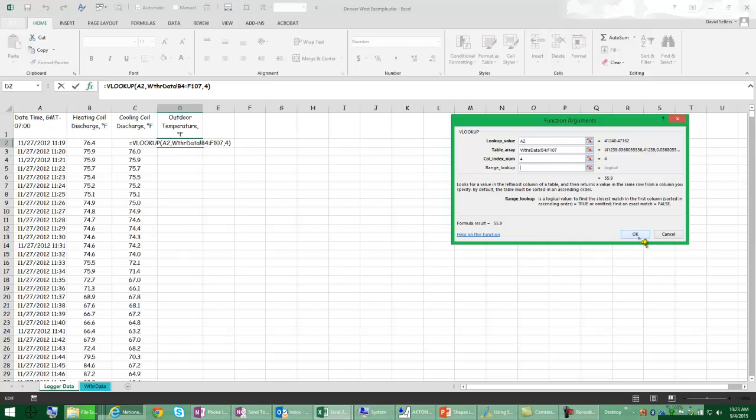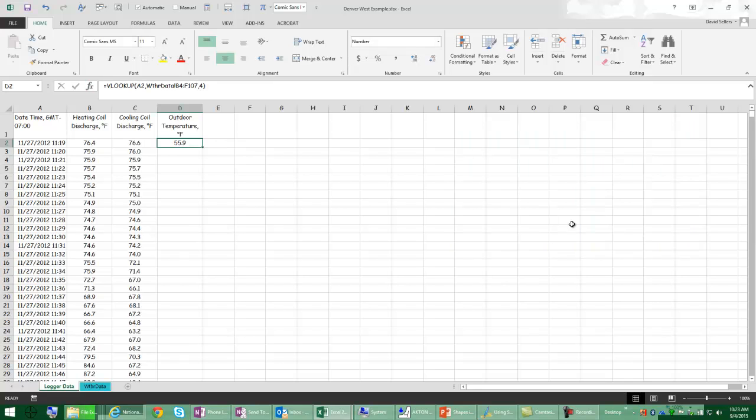Okay, so I say okay, and sure enough, it's gone and looked up the temperature for this hour and returned it to me, which is good. That's what I wanted. Now, one other trick, because I'm going to paste this formula into all 1600 rows. This address right here is saying look on the weather data tab, and the table is in a range from